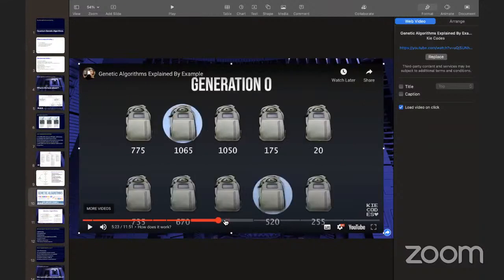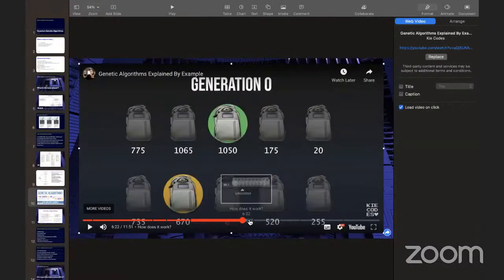Then he creates a fitness function for your bag, which corresponds with the weight and how effective your packing strategy is. Once this is done, he explains all of these concepts like genetic algorithms, how we come up with a more optimal solution. And once all of that is done, we come up with a good optimized solution.